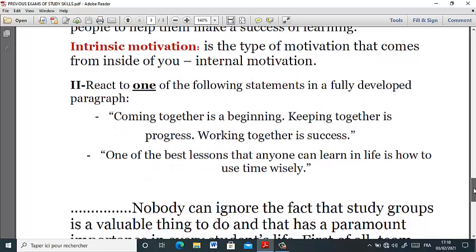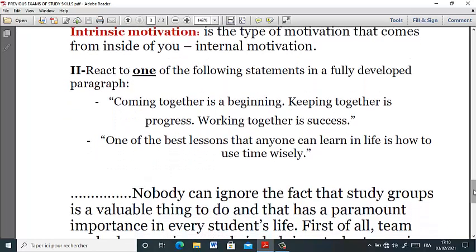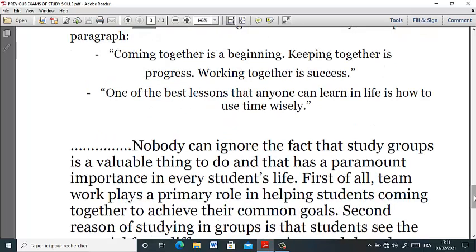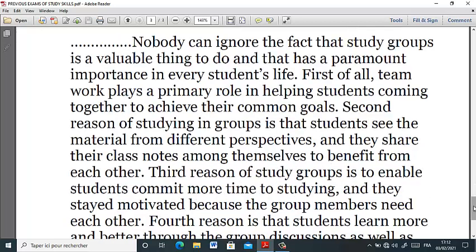The second question is react to one of the following statements in a fully developed paragraph. Okay? So here I chose the first statement and I wrote for you this example. Alright? So let me read for you this paragraph. Nobody can ignore the fact that study groups is a valuable thing to do and that has a paramount importance in every student's life. First of all, teamwork plays a primary role in helping students coming together to achieve their